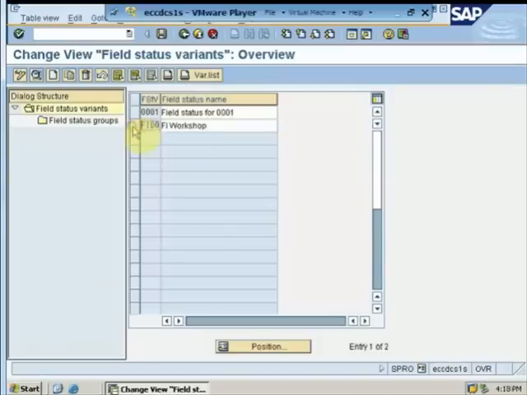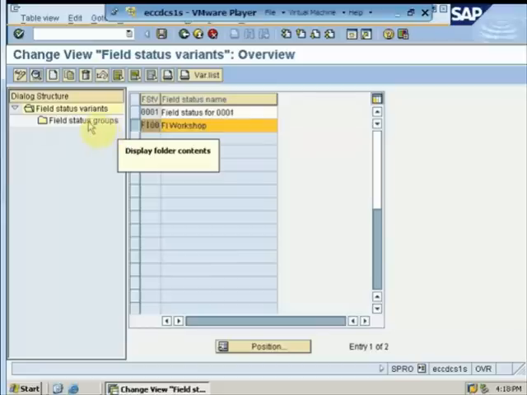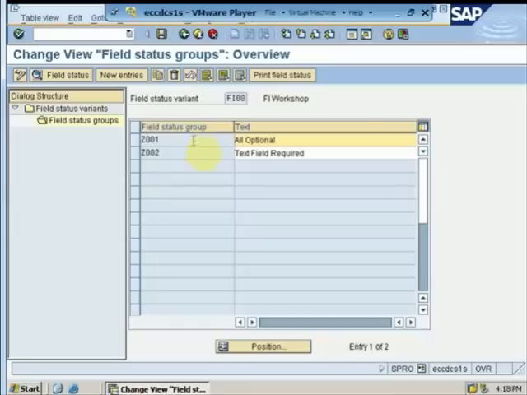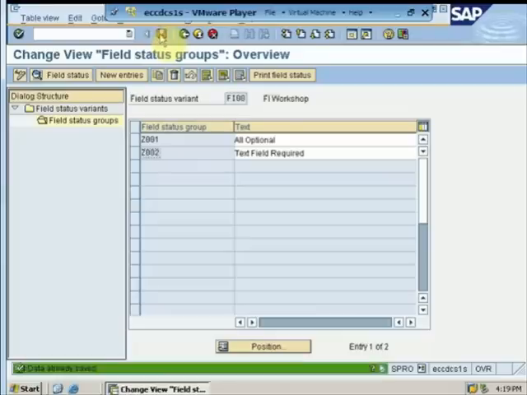Now that the variant has been defined, the second step is I have to configure the variant. By clicking over here, selecting this field status variant and double clicking onto its properties, I can define different field status groups. All these field status groups, they all belong to this field status variant. We have defined 2 different field status groups. After defining these, since I have performed my second step as well, step 1 was I defined the variant, second step was I configured the variant. As soon as I have done it, I can save it from here.